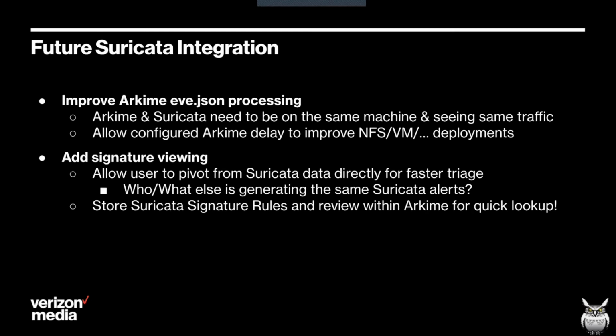Some of our future work with our Suricata integration is right now we require that Arkime and Suricata are on the same machine seeing the same traffic. And this can sometimes lead to problems where people want to have dedicated boxes for Suricata and Arkime and Zeek, and it makes sharing the eve.json between them not work as well. So what we want to do is make it so that they can be on the same machine, they can be on different machines, or they can be in different VMs on the same machine and have it easier and